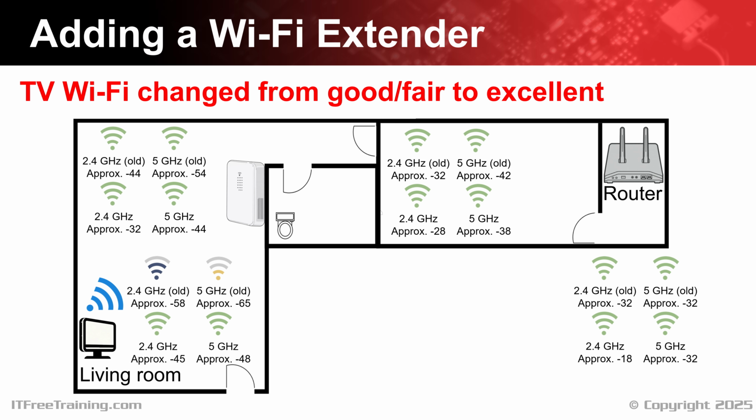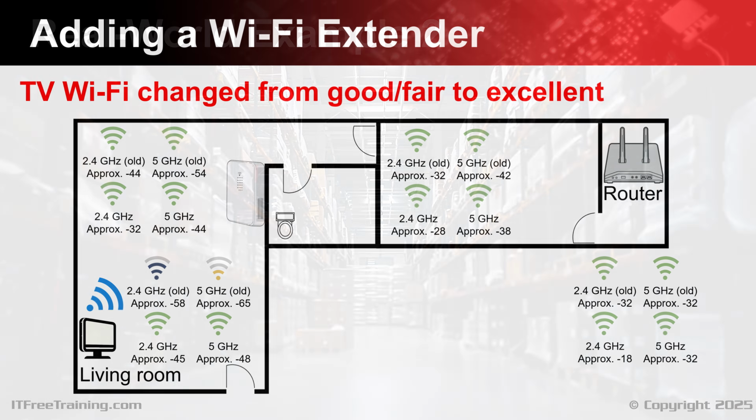If you are having problems with your Wi-Fi, consider taking some readings and moving the access points around, or adding some extenders to your network and take some more readings. Keep in mind that if you have an access point that uses mesh, your devices will change access points a lot more smoothly when they move around than access points that do not use mesh. So, if you are not using mesh, don't be surprised if your devices are stubborn and don't want to change access points, even if there is an access point in range with a better signal. If this is a big problem, you may need to give your access points different names and manually change access points when you move from one area to another.